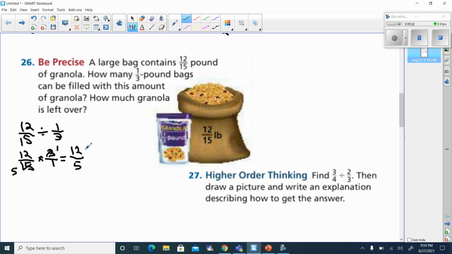Every fraction is really a division problem. 12 divided by 5. Well, that's going to give me 2, 2 left over. So my answer has to be how many 1/3 pound bags can be filled? 2 of them can be. 2 bags